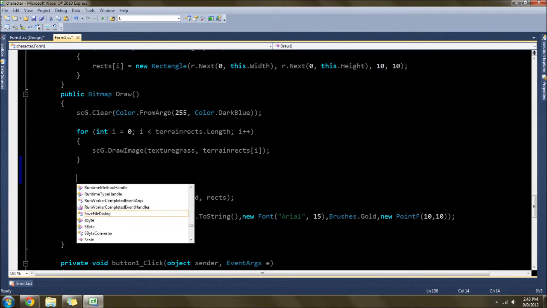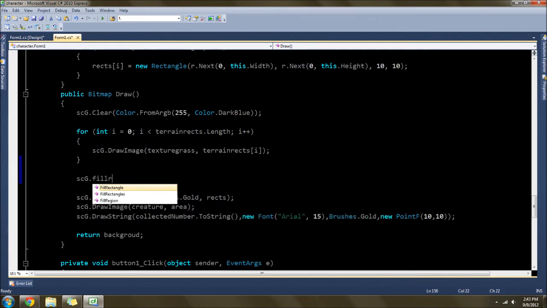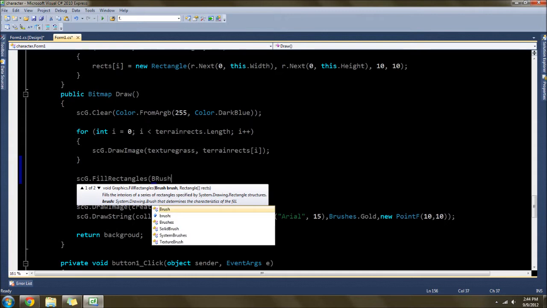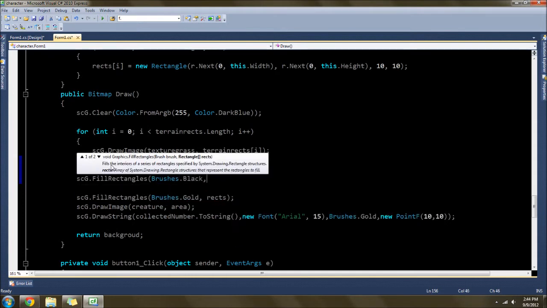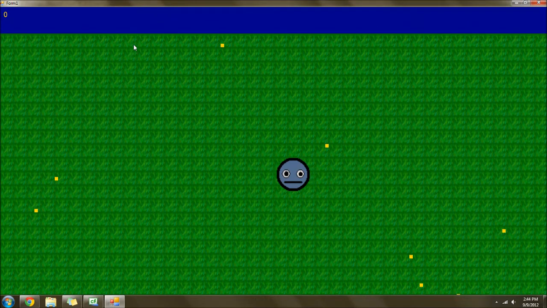So SCG dot fill, fill rectangles, and then brush is dot black, and then walls in there, just like that. Now we can test it. As you see, you run,